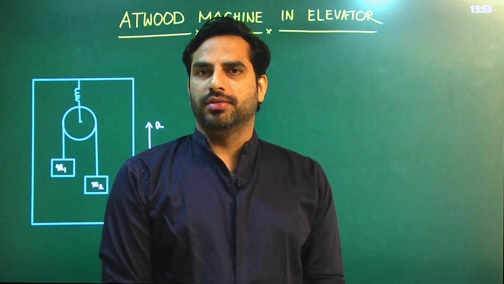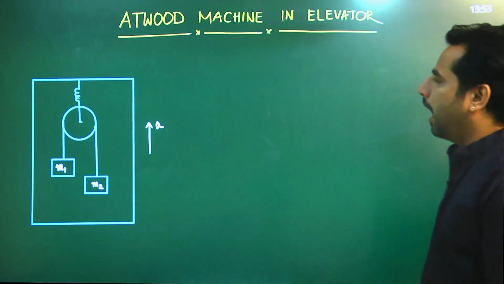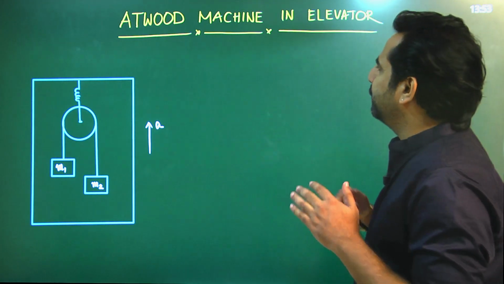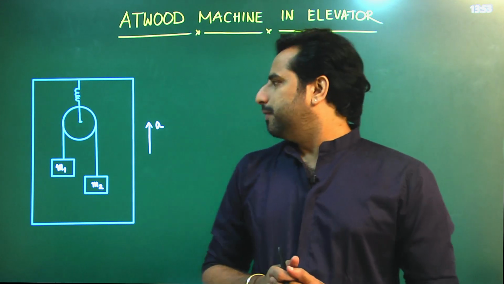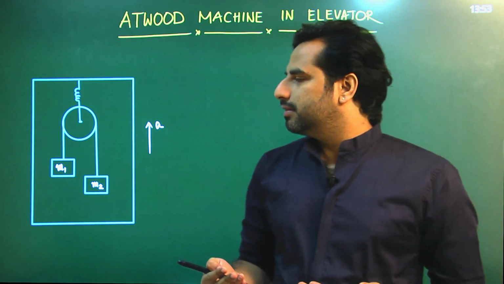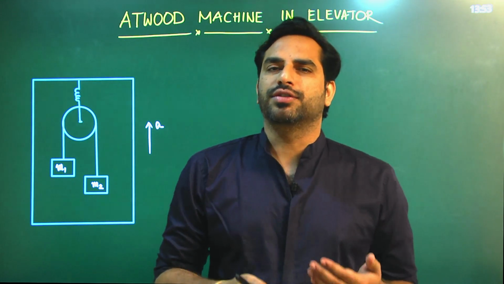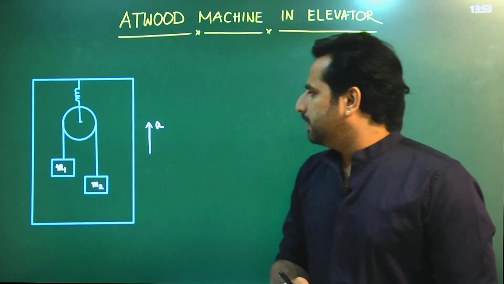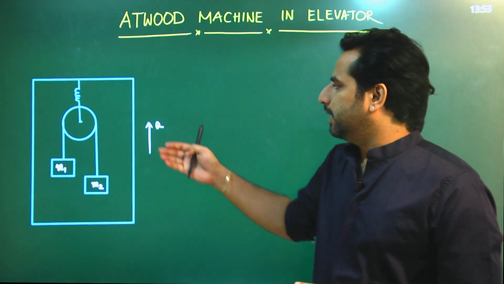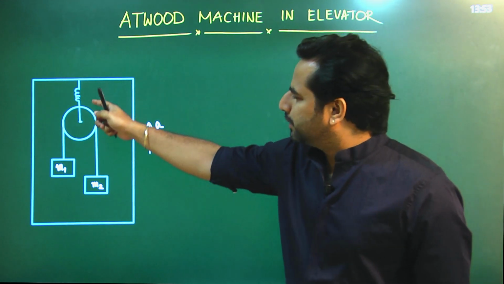In this video, we'll try to understand how to work on an Atwood machine which is placed inside an elevator. If it is a simple Atwood machine, then finding out the acceleration of the blocks or tension in the string is pretty simple. But now, if this Atwood machine is placed inside an elevator and it is suspended to a spring balance,